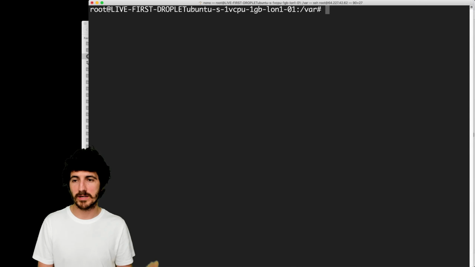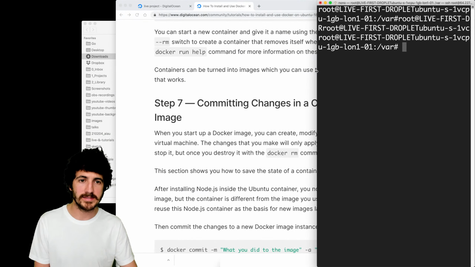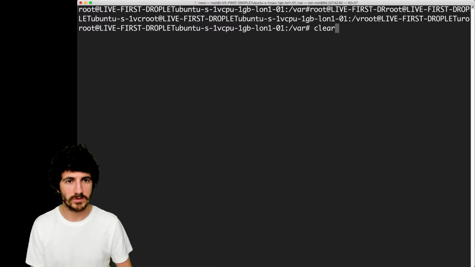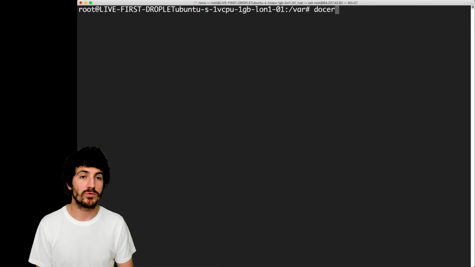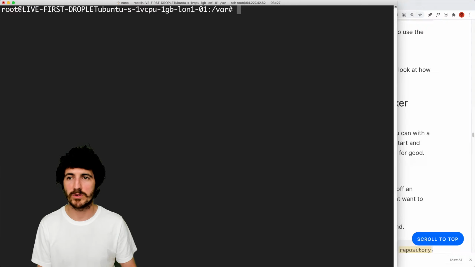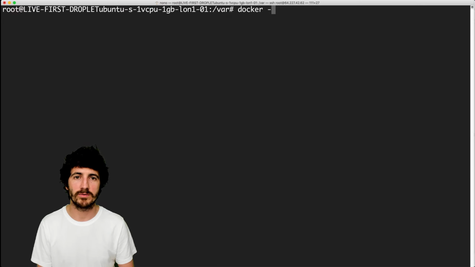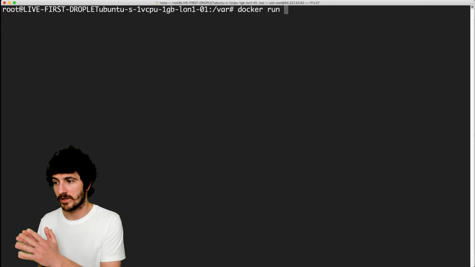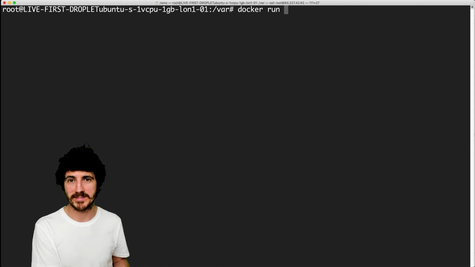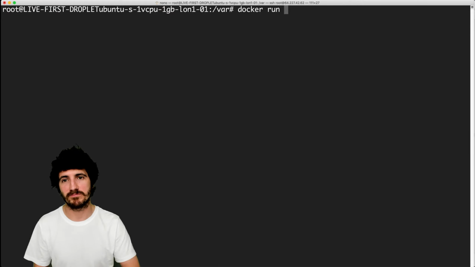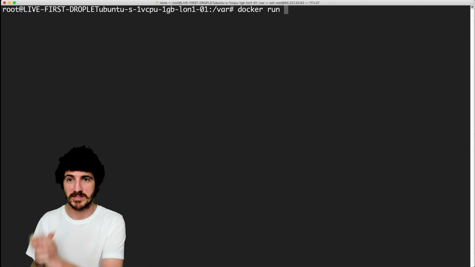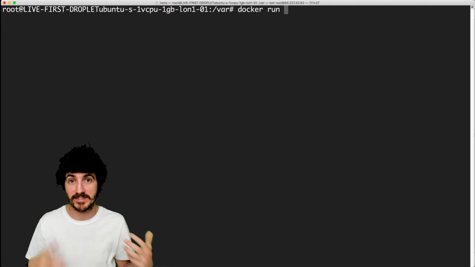So Docker is now installed in our instance in DigitalOcean. Let me just clear this. What I can do is exactly the same as we did on my machine, but on the cloud. So we could do docker run -it. We probably need a Docker tutorial separate from this that is not tied to DigitalOcean, but I'm just making sure you understand. I had Docker on my machine. Now I'm running Docker inside of a remote virtual server, and I just installed it.